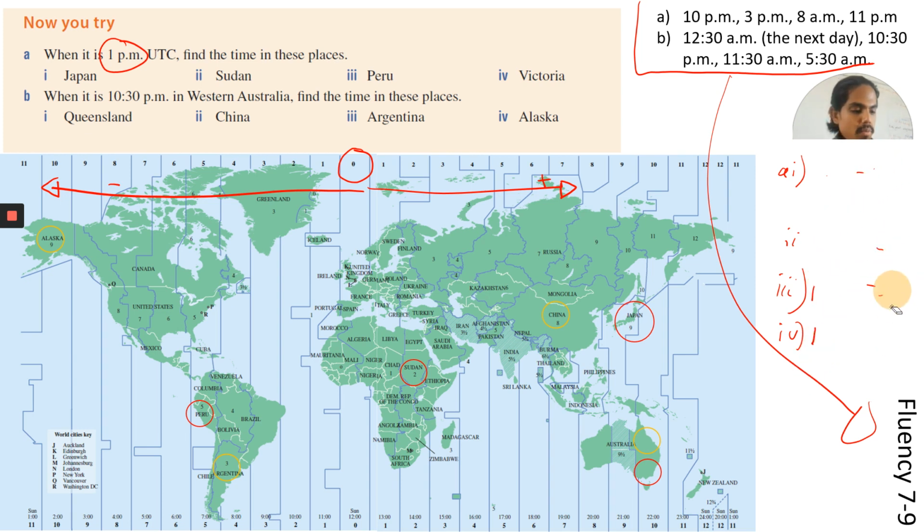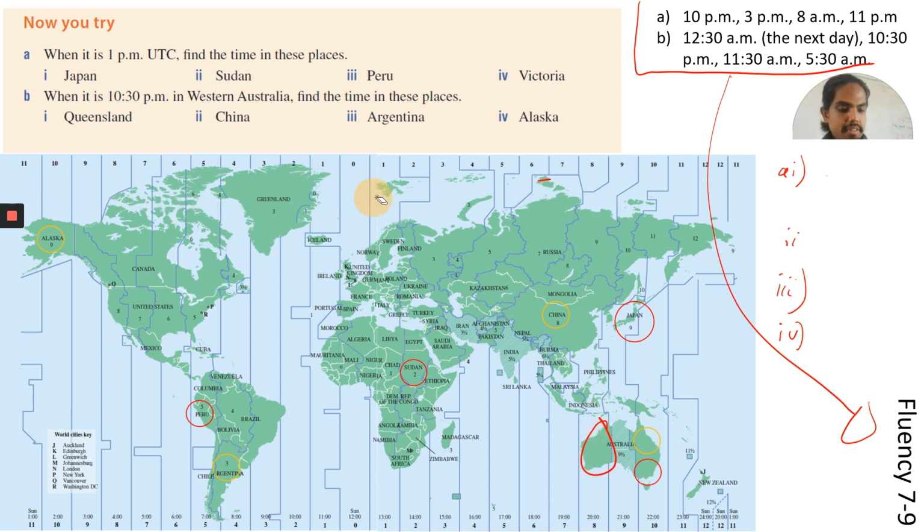For B, we are starting with 10:30 p.m. in WA. Right, so instead of looking at whether or not a country is east or west of the meridian, we are now looking at whether it is east or west of our state over here. So let's get rid of these arrows at the top and instead do this, where east is going to be plus, and to the west of WA is going to be minus. So 10:30 p.m. To make this a bit easier, again, I'm going to convert this into 24-hour time, where this is 22:30. So Queensland,